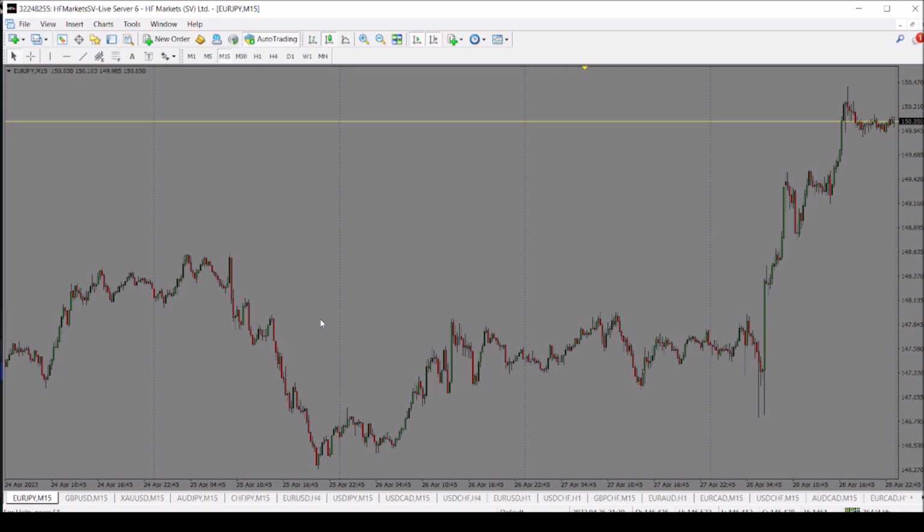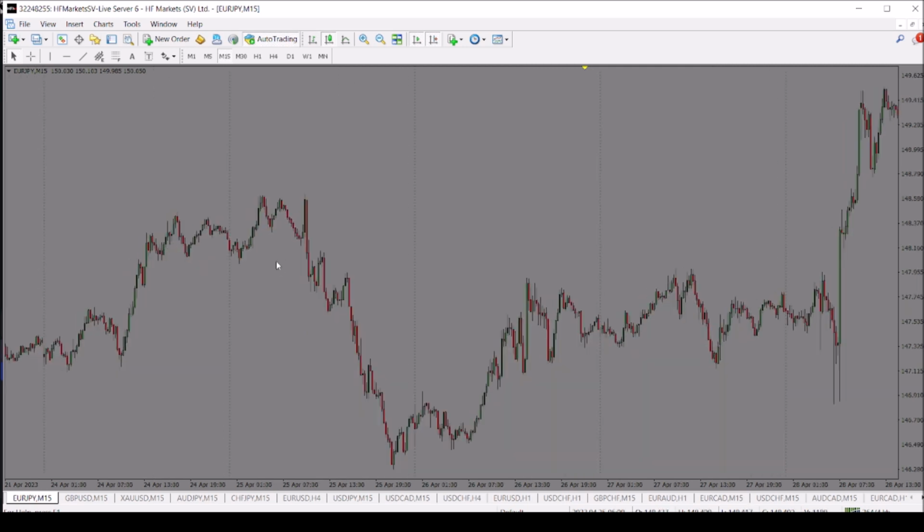So the first thing is actually to locate peaks. I'm going to give you actionable steps that you can follow straight away without any difficulties. The first thing is actually to get what we call a peak formation high, a peak formation low, or a